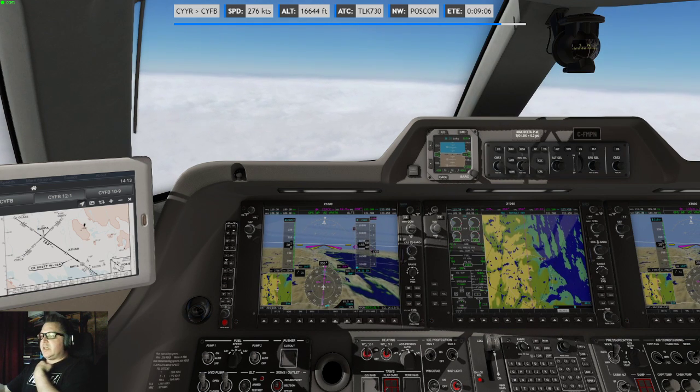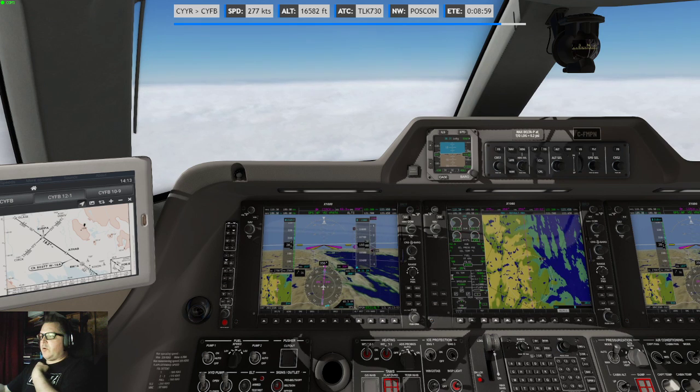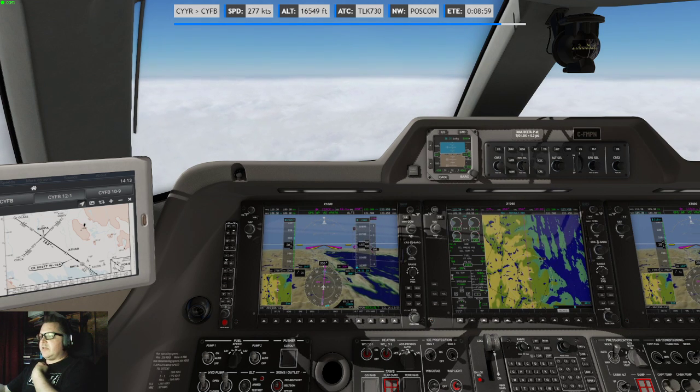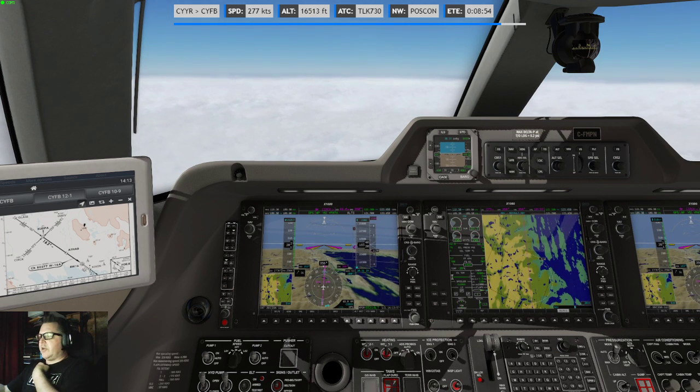Iqaluit traffic, Starling 730, 50 miles from the airport, 16,000 descending 2,300 for the RNAV 16. Iqaluit.